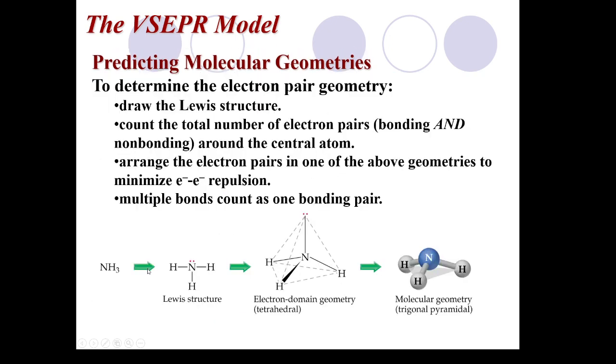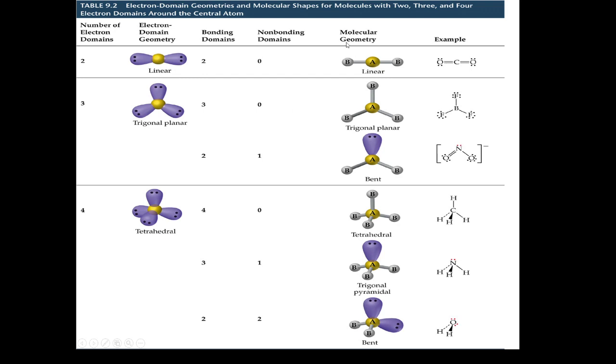Okay. We don't have to worry about these over here as our molecular geometries, because it's going to be rare that carbon has a lone pair on it. Does that mean carbon won't ever have a lone pair? No, carbon might have a lone pair. It might take this trigonal pyramidal shape for a little bit, but it's not going to like it, and it's going to go to tetrahedral as fast as possible. So we really just have to focus on linear, trigonal planar, and tetrahedral.